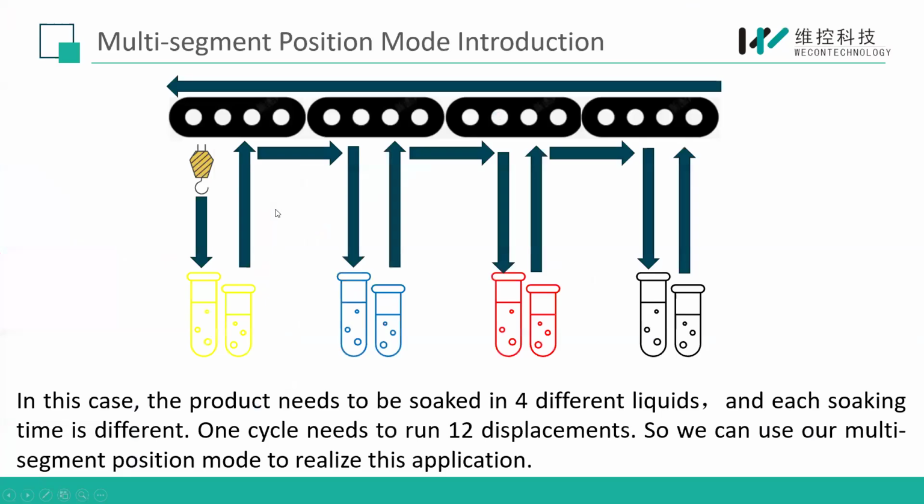First, for example, here we have this case. The products need to be soaked in four different liquids, and for each one the soak time is different. So you can see from here 1, 2, 3, 4, 5, 6, 7, 8, 9, 10, and totally we have 12 displacements in one cycle. And for each cycle